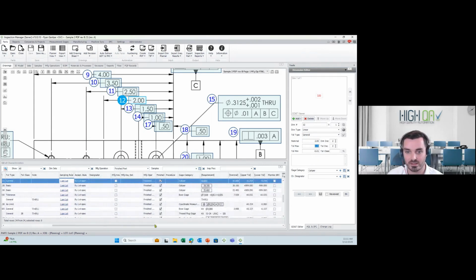Next, we have this gauge category, which you can see down here below on my inspection plan, and over here to the right as a peek into the database. It also rolls up into these part categories, and it's determined by dimension type. So my system is set up to say that if it's a linear, we're going to use a caliper, and it's a category of a caliper. It's not an individual. That'll streamline to our gauge management tool, which will ultimately communicate out to the shop floor